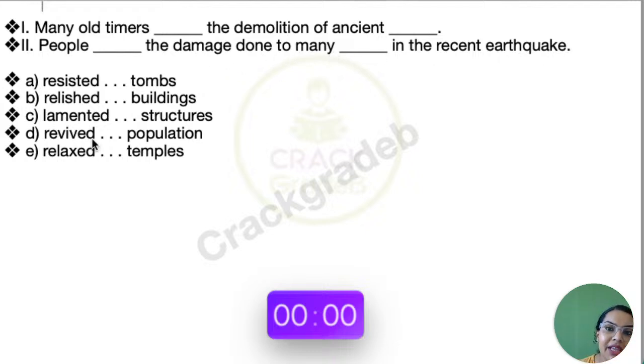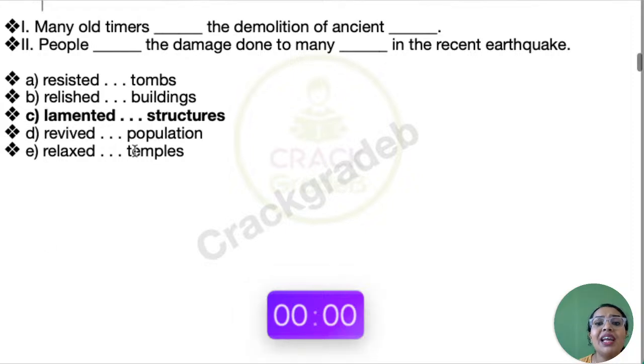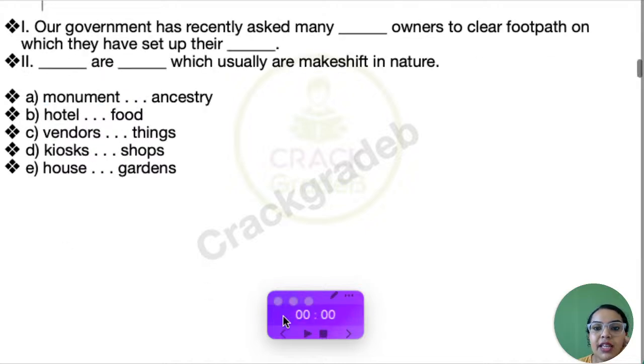So what is something which will go well over here is many people, it's a negative thing happening, so they are going to lament. Lament is to wail, to express sadness through crying or wailing on something that has happened. So lamented, both of the time people are lamenting and over the demolition or the damage done to these structures. When we relish something we enjoy, especially enjoy eating the particular thing. Other words, easy. So moving on to the next question.